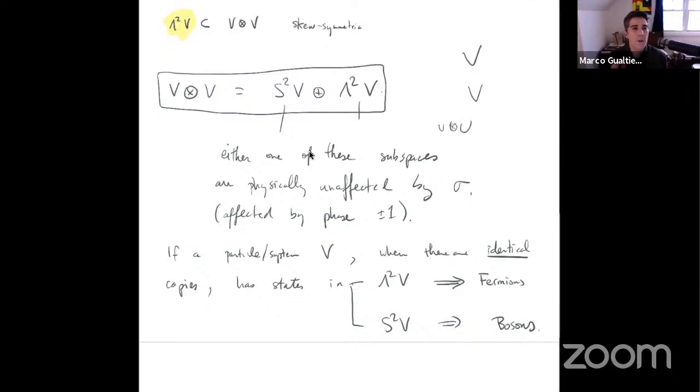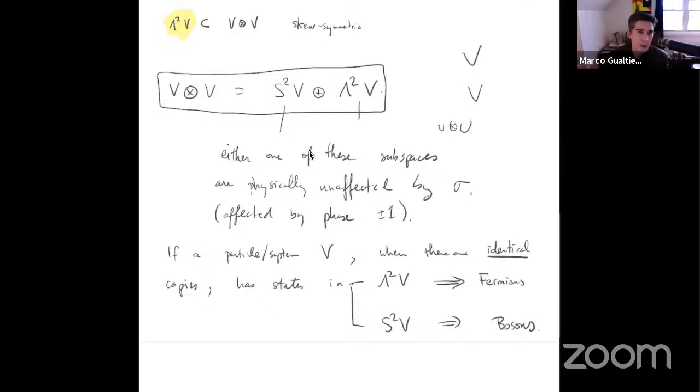Okay, but what I'm saying is that when you have a certain type of particle, you have more than one of them, and if they are indistinguishable, the question is, what do you mean by that indistinguishability? What you mean is that in the mathematical model, they should be represented by a state in the tensor product which is invariant under the switching representation. But what does it mean to be invariant? It means that it should be physically indistinguishable, which means it should differ at most by a phase.